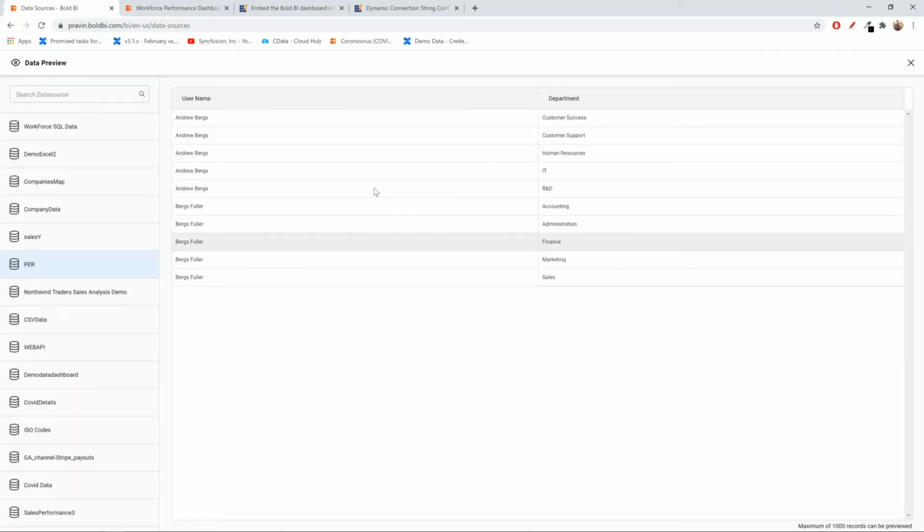In the menu, if you click the preview data option, it will show you the preview of 100 records of your data. Okay, so I just imported it the same from the Excel file that I showed you before.